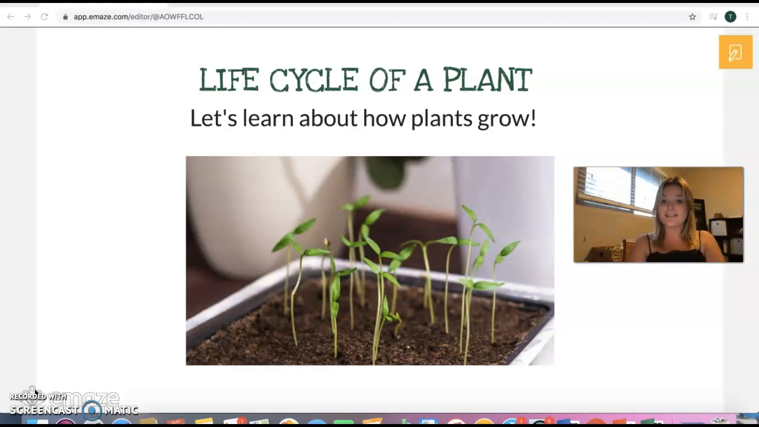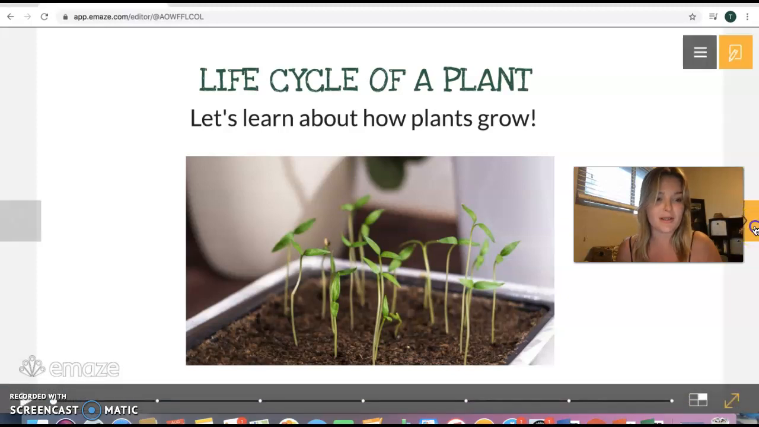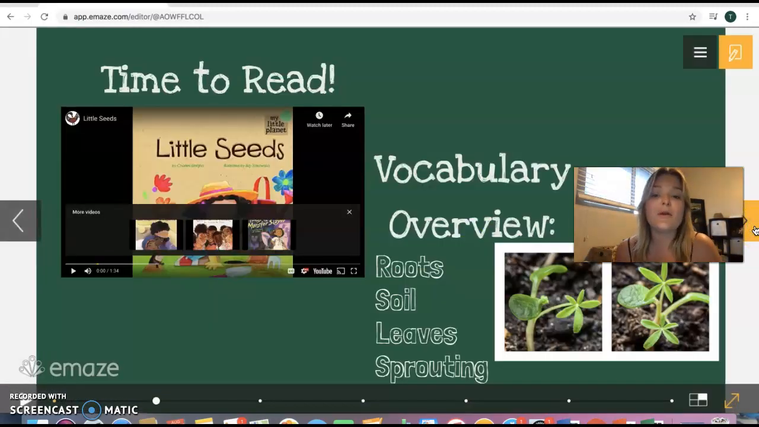I'm very excited because we are going to be starting a new unit, and our first lesson plan is about the life cycle of a plant. So, we are going to be learning about how plants grow. This is super exciting because plants are everywhere, right? And they're super pretty. So, our first thing we are going to look at is we are going to read